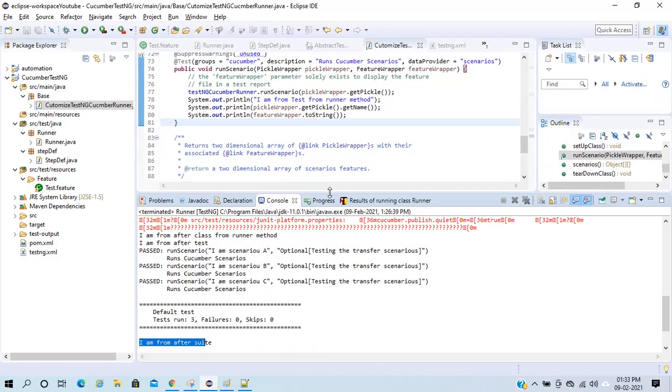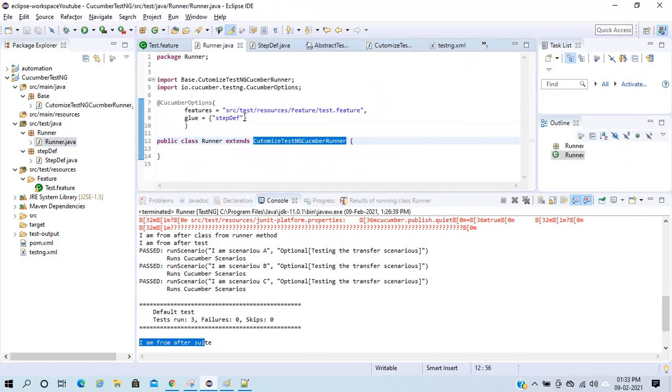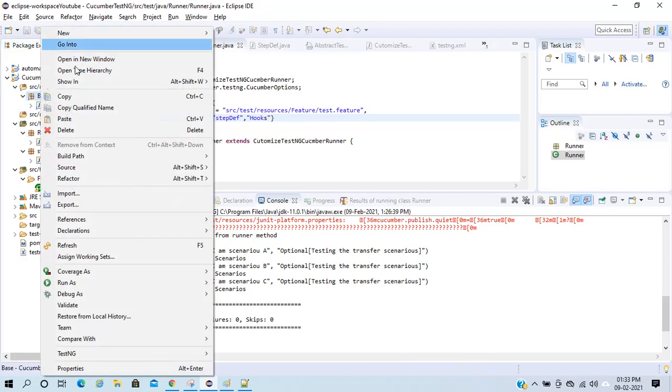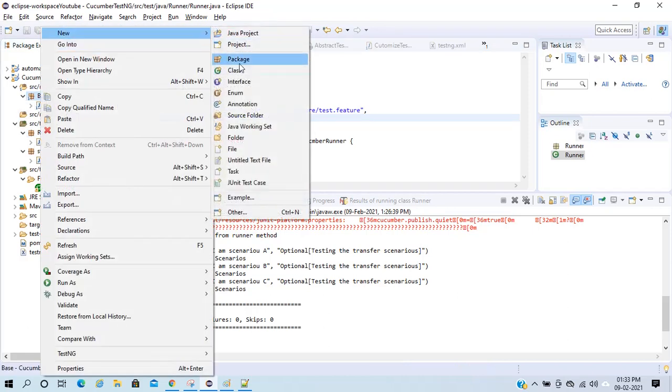Now what I will do is I will add hooks as well. That's the beauty of Cucumber with TestNG. Let me give you an example by adding a hook.